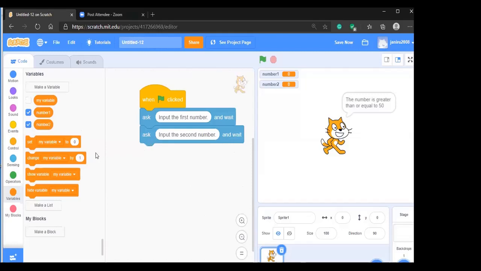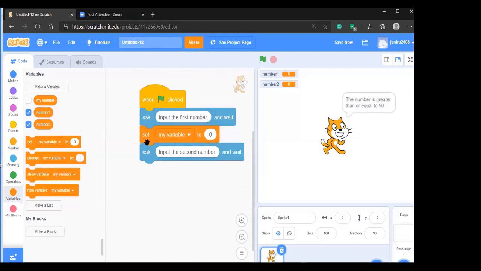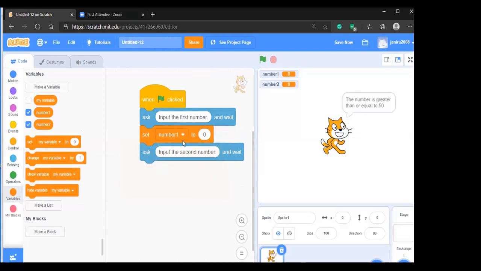Since these variables are there, you can store different values in them, and in the drop down box you can select the variable name your program has access to.